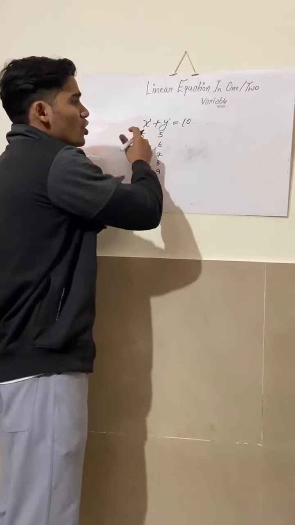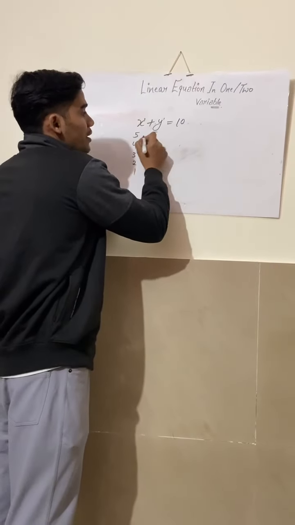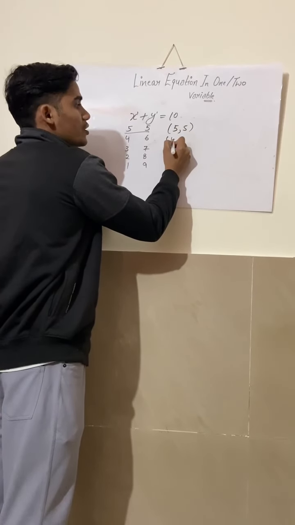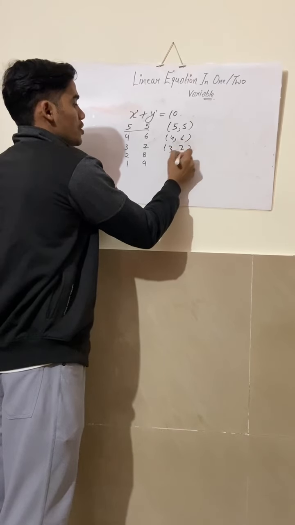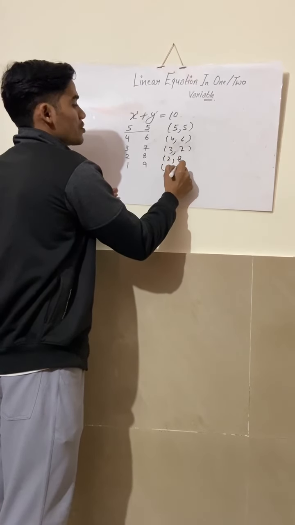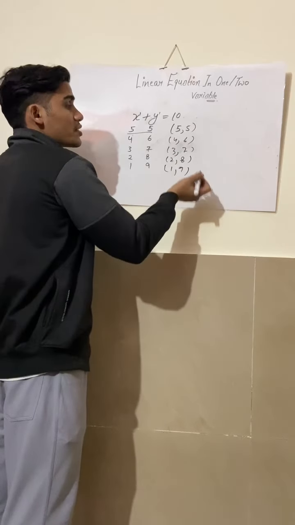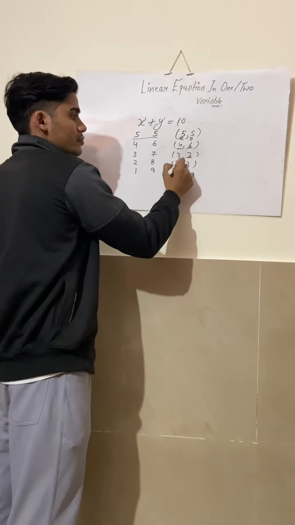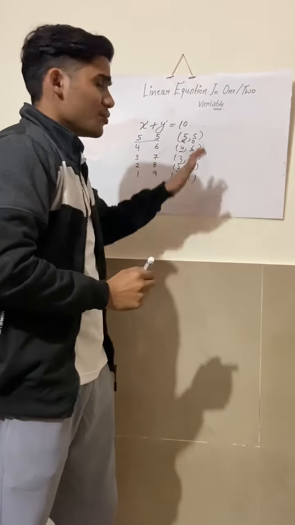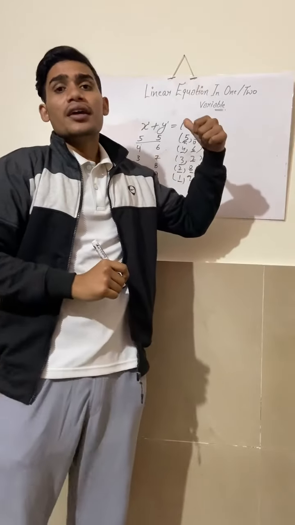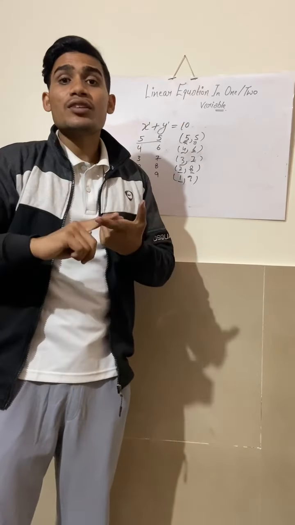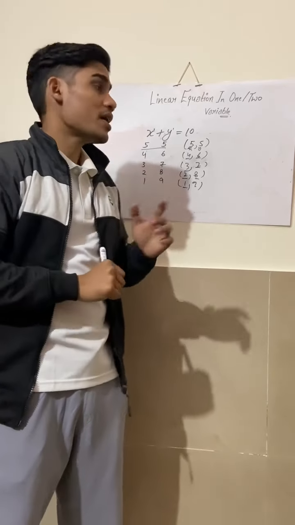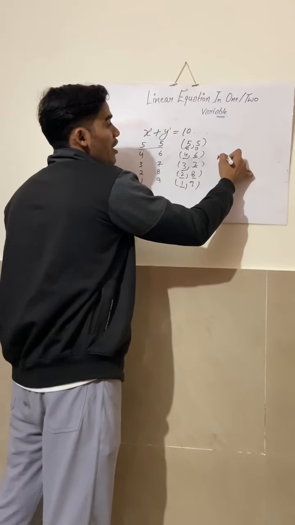How do we write the solution of a linear equation in two variables? We will write the set of solutions this way. This is a solution, this is a solution, this is also a solution, and this is also a solution. We always write the solution of x ahead of y. One more thing, here we can have multiple solutions in a linear equation in two variables. That was not possible in the case of one variable. There was a unique solution in that. But in a linear equation in two variables, we may have many solutions.